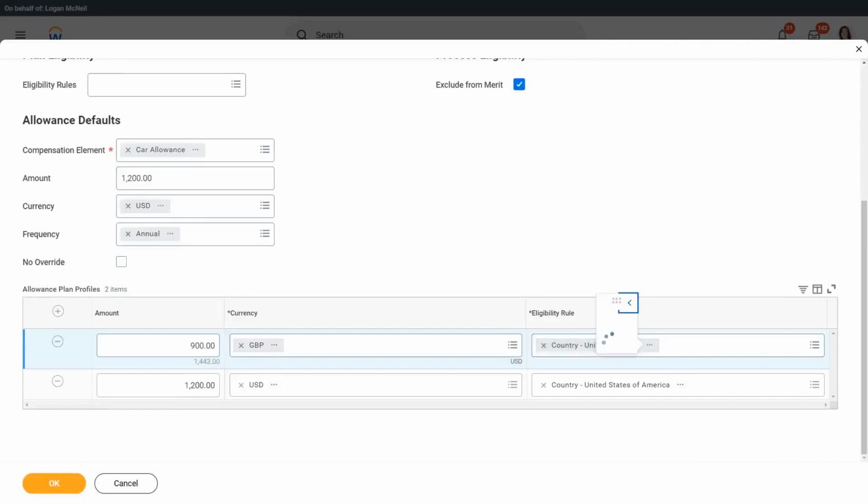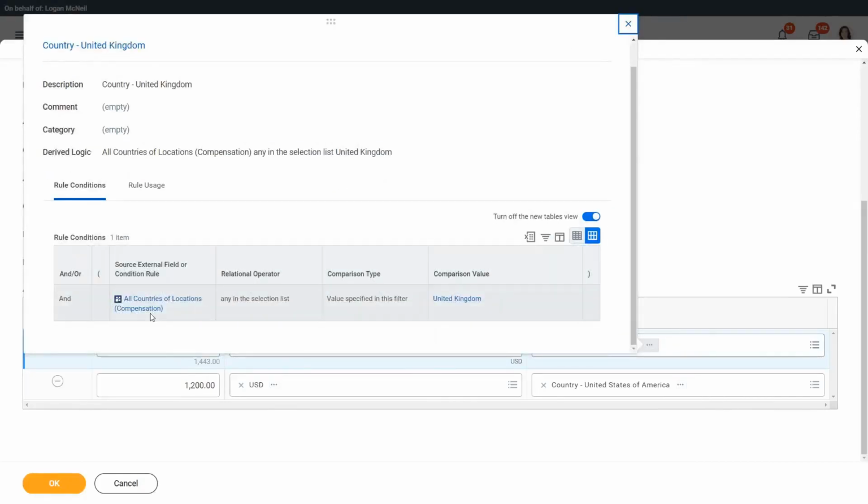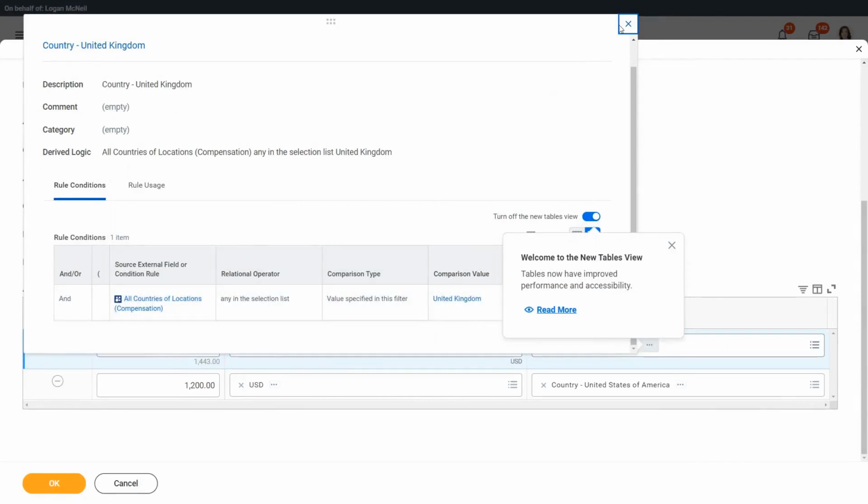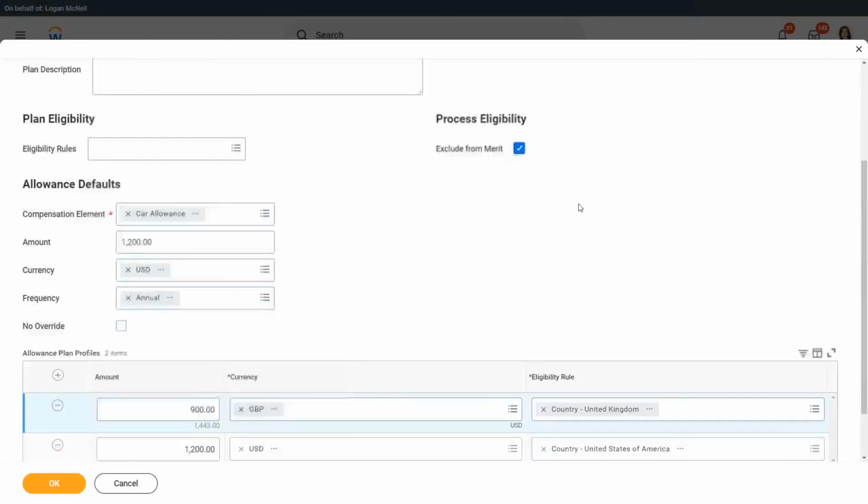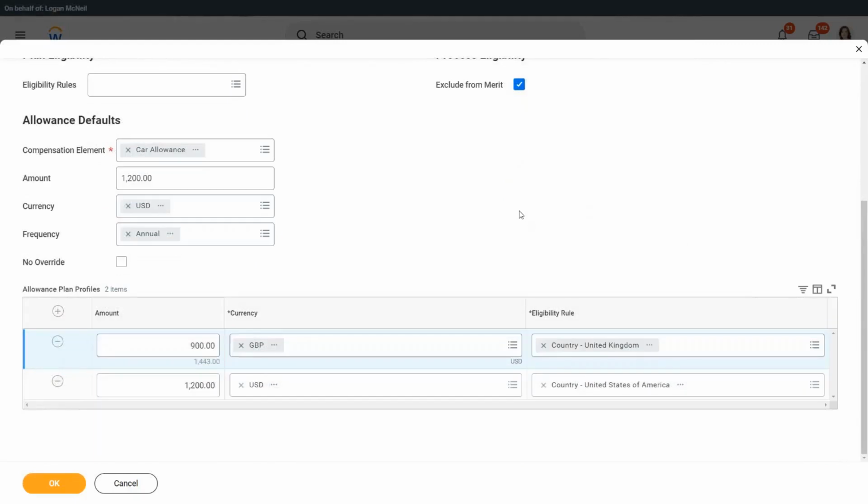Country United Kingdom means that your country is UK. But if you want to make it a bit more realistic, or a bit more complicated, you can put more conditions in one rule, or you can add multiple rules here as well. You are flexible in using eligibility rules.